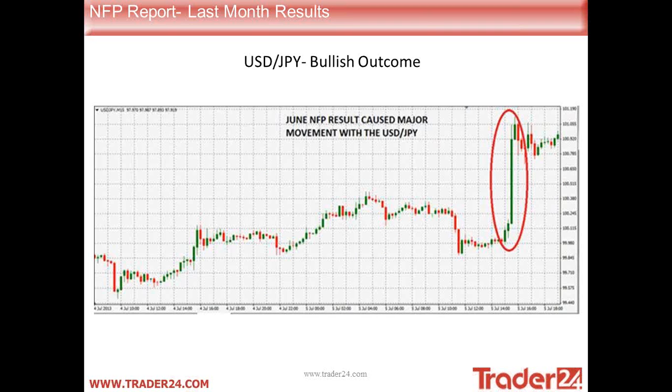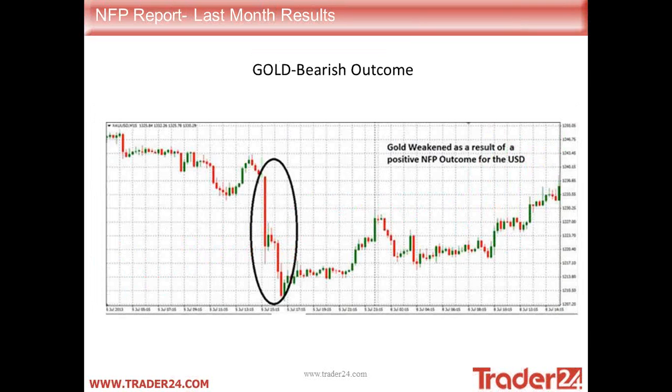Okay, so if I go back one, you'll see here, positive result for the dollar strengthens. At the same time, gold took a hit and dived. So what I'm trying to tell you is that it's pretty easy to trade something like gold or silver, both currency commodities, during a non-farm payroll because they have the inverse relationship with the US dollar.